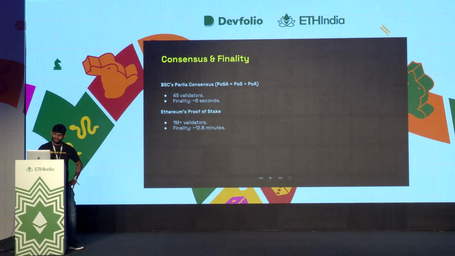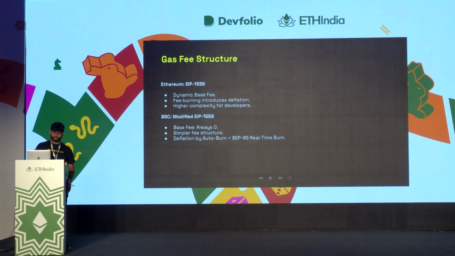So here, talking about the trade-offs. If you have a really decentralized solution with millions of validators, then information about finality has to be passed throughout the network, right? That's going to take some time. Whereas if you have a smaller set of validators, you might be able to reach finality faster. So it's a good example of how trade-offs work when you are comparing two pieces of technology. Next comes the gas fee structure.